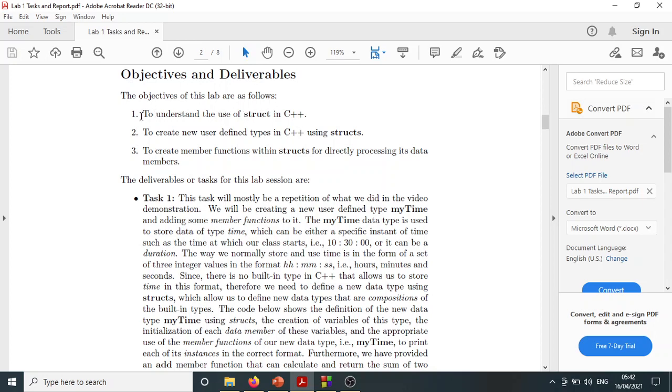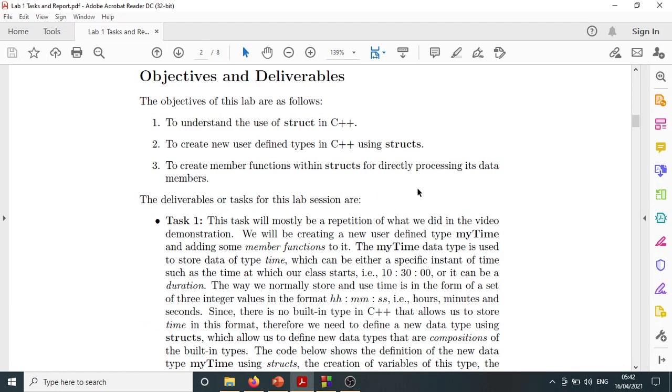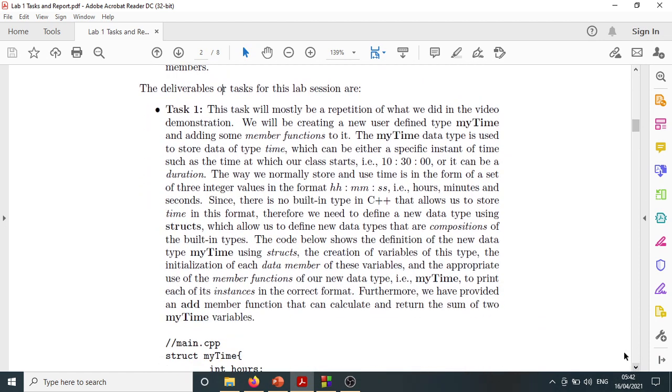So these are the objectives. This is what we want to achieve. Hopefully after you're done with this lab, you should be able to do these things. You should try to achieve these objectives, and we try to do it using these tasks. So the first task